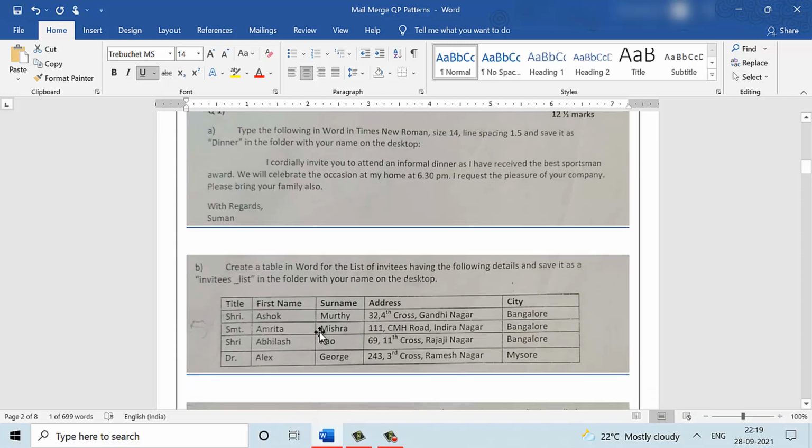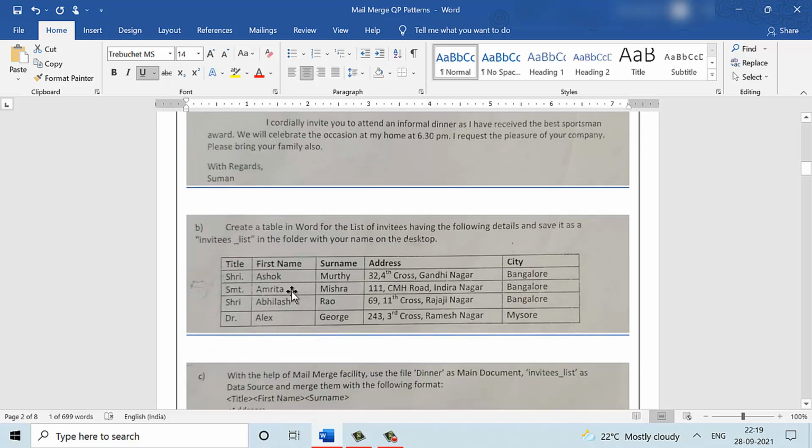Let us move ahead. The second part, part B, we can clearly see is a table which has names, addresses and other details. So we know that this is the data source. We have learned that a data source for mail merge can be created using MS Word or MS Excel, but the question paper will clearly specify where this data source has to be created, and in this case it is MS Word.